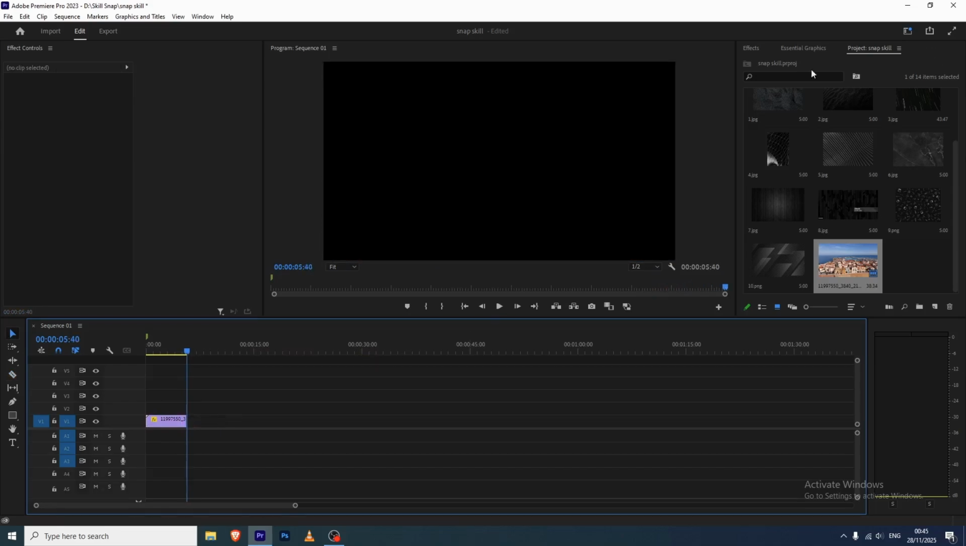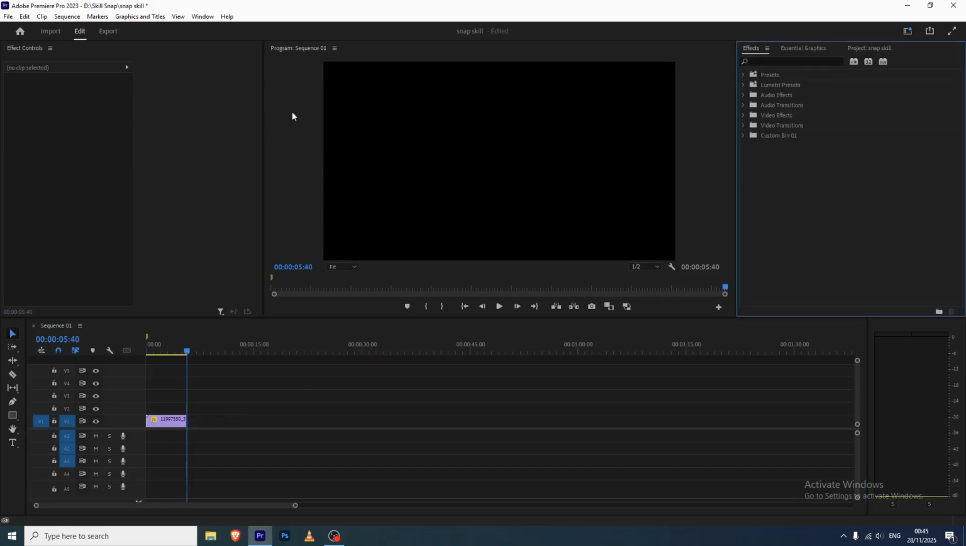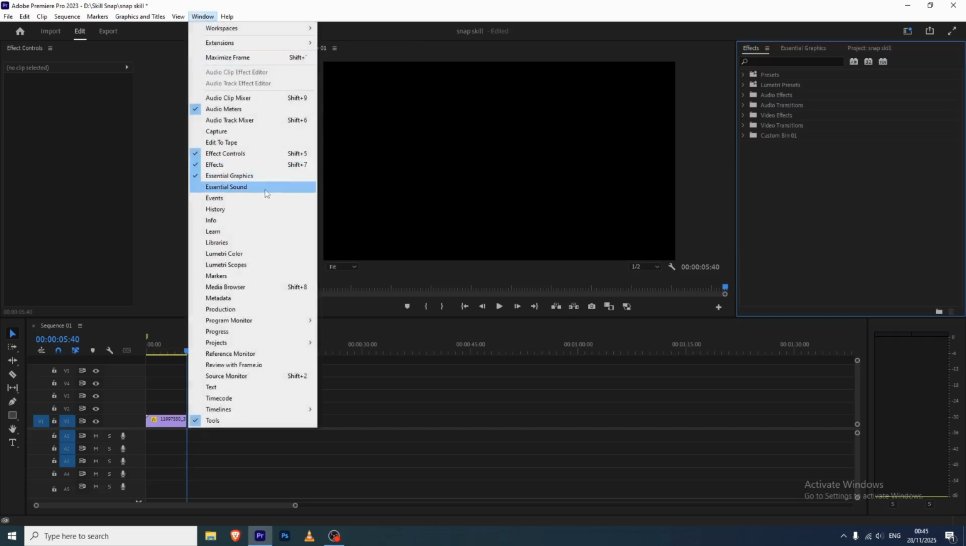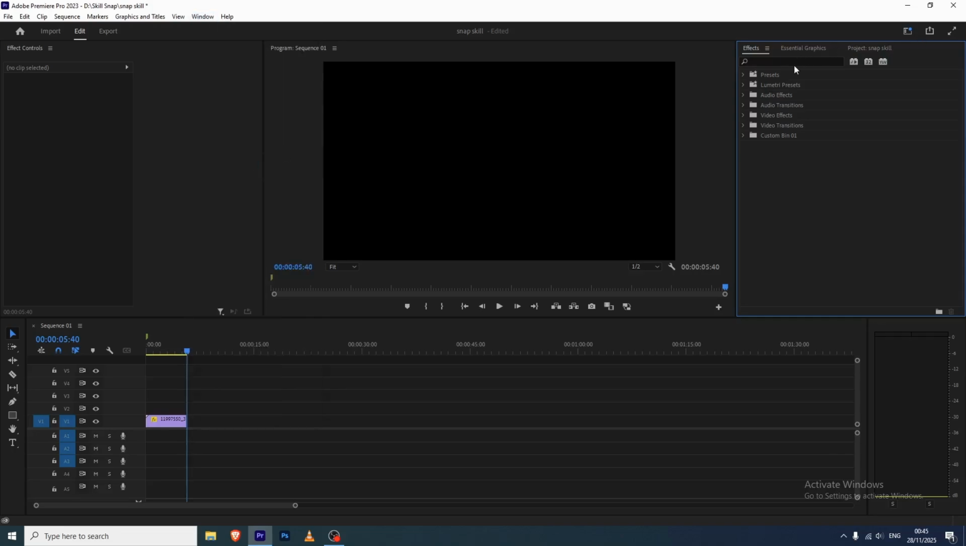So for adding the effect, you just need to go to Effects. If you don't have Effects over here, then on the top there is an option. You can see Window, click on that. And then here is an option, you can see Effects, click on that, or otherwise you can press Shift+7 and Effects will open. After opening Effects, here you can see a search bar, click on that